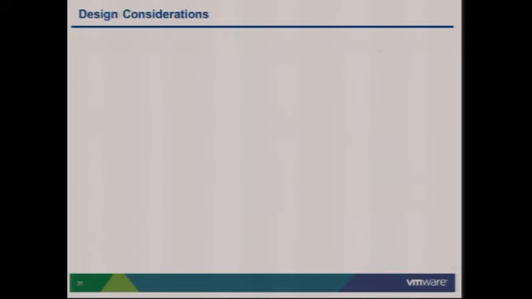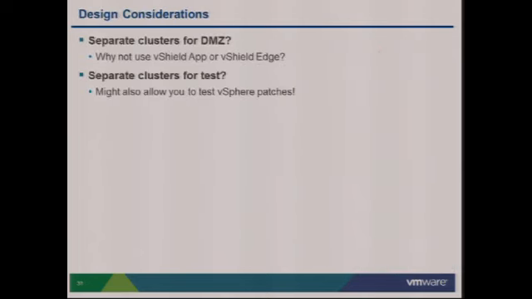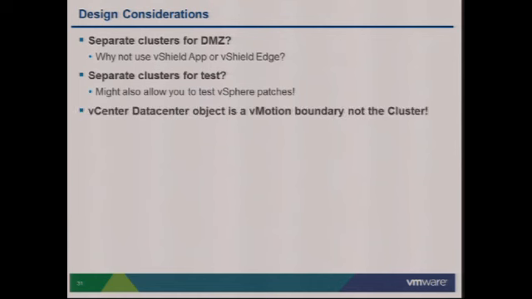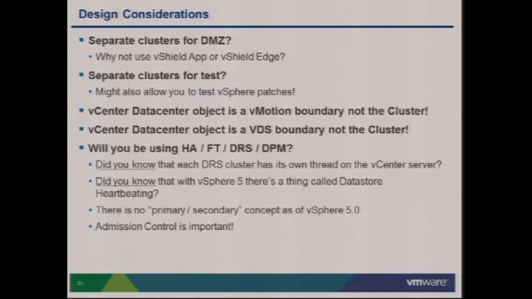So when it comes to design considerations around HA and DRS, there are of course a lot of things that need to be taken into account. I could probably talk about it for an hour or 15. We wrote 400 pages on the topic, so it's quite an extensive topic. But the key thing here is usually how many hosts you will deploy, and if it's less than 24, why not go for a single cluster?